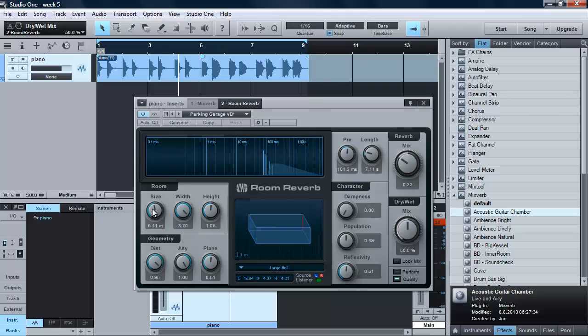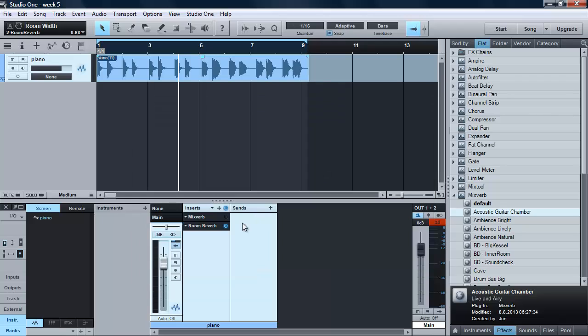Over here, you have your room size adjustments, and these adjust the barriers of your digital space pretty much that you're pretending that you have your setup in. This can get really complicated, and I don't have enough time to explain it all, but basically all these controls affect the changing size of your room. Now I'm going to be